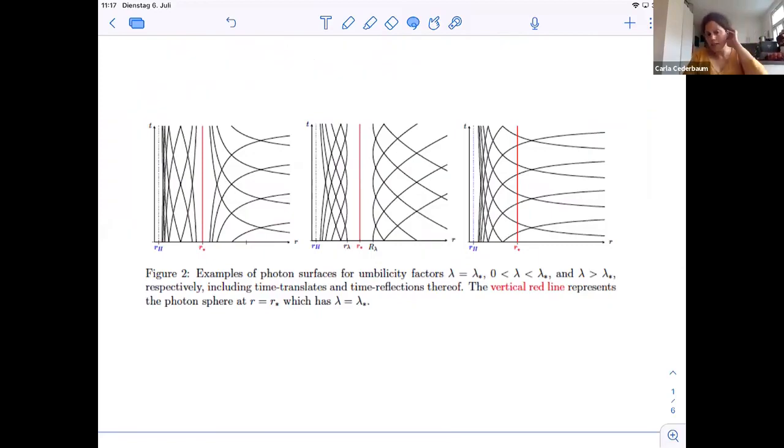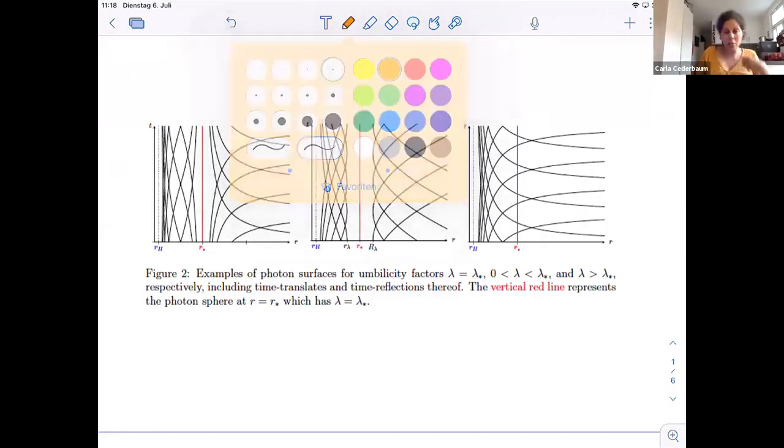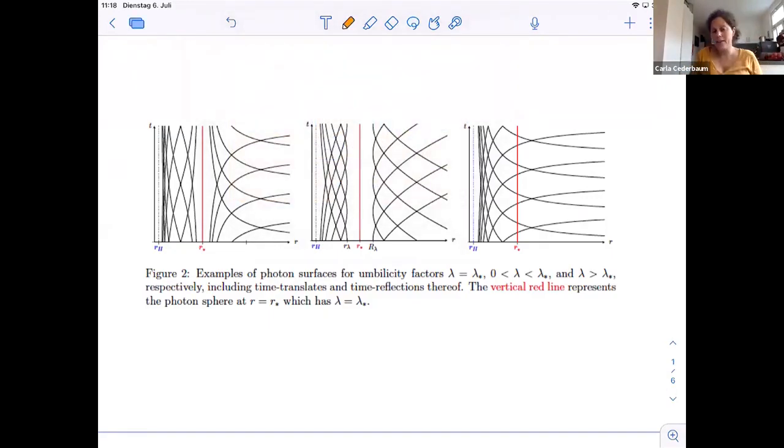So we're just drawing the radial profiles. And so they find curves, radial profiles of rotationally symmetric photon surfaces of the kind that comes in tangentially to the photon sphere and goes out to infinity,